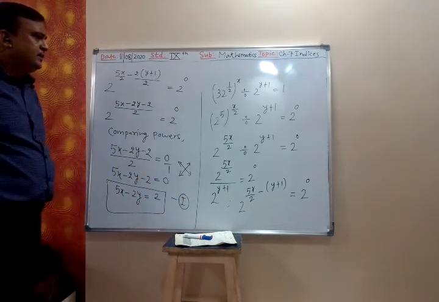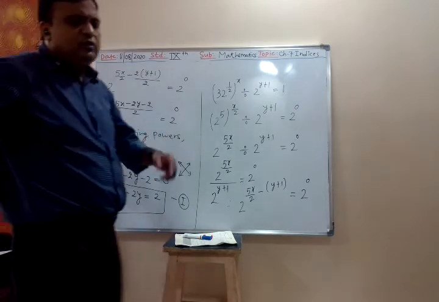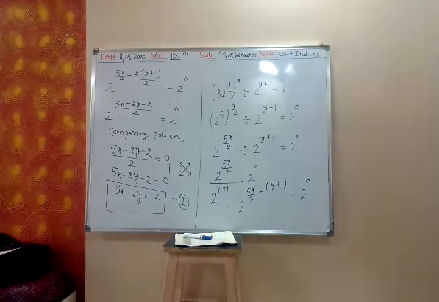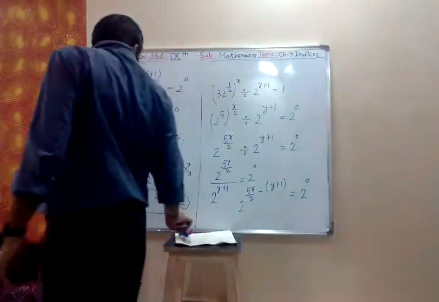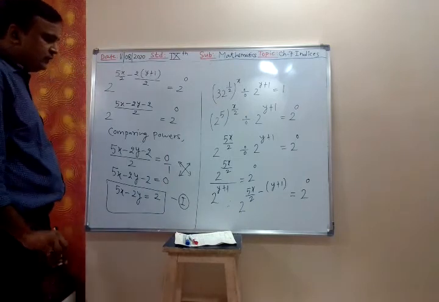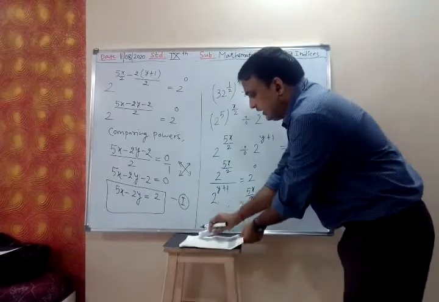Yes? Where? In denominator? No, denominator, how 2 will come? That 2 is getting cross multiplied. Is it clear now? That denominator 2 we cross multiply with 0. So 5x minus 2y is 2, equation number 1. Similarly, you solve second and get equation number 2.